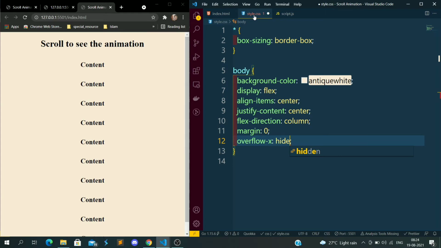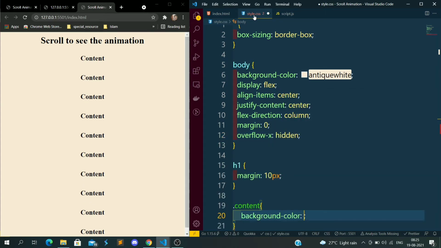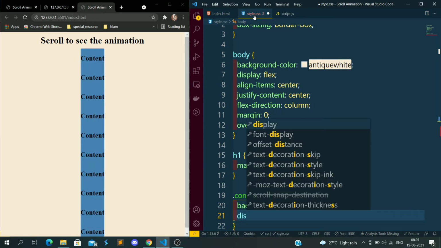Let's give the background color of steel blue. Now it is coming. Let's give display flex and align-items also, because I want the card also in the center. Justify-content center.